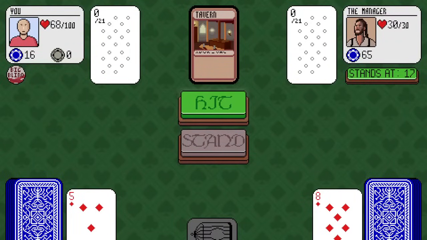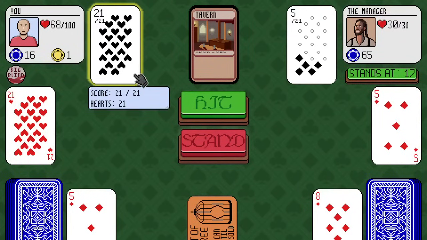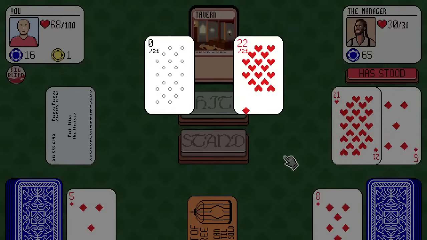Alright, mandatory tutorial out of the way. Here's the 21, the instant 21. This is the god scenario, and it's a 21 of hearts as well. And hearts give me healing if it gets a blackjack. And in which case, this is a blackjack because it is exactly 21. So,